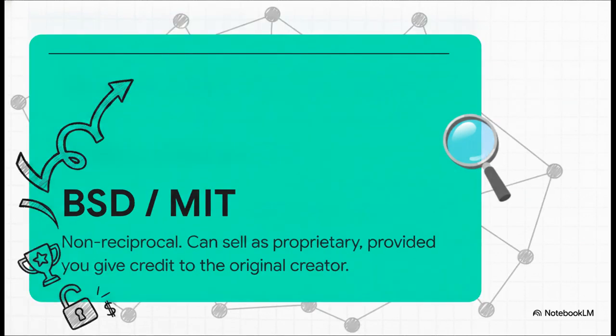Finally, we have the Berkeley Standard Distribution, or BSD, and the very similar MIT license. These are non-reciprocal licenses. Honestly, they offer the most freedom to commercial developers. You can basically do whatever you want with the code, including baking it right into your proprietary software and selling it as a closed-source product. The only major rule you have to follow: you must give credit and clearly acknowledge the original creator of that